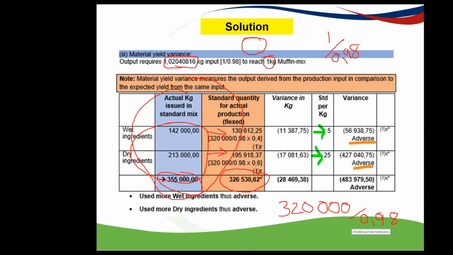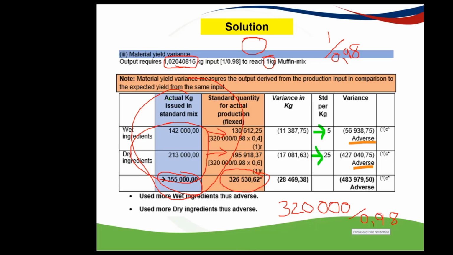Yes, I'm listening. There's more than one way of doing this calculation. But just for understanding it, ma'am, before you try the various ways of calculating it, it says here that the actual ingredients that were issued was